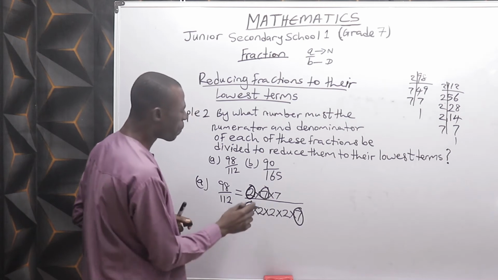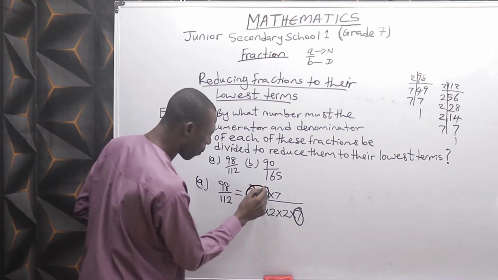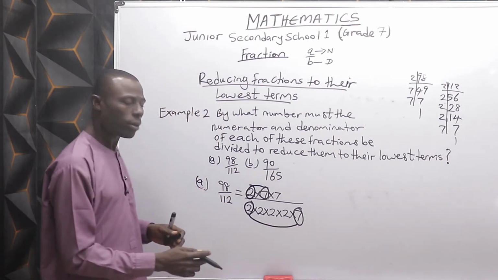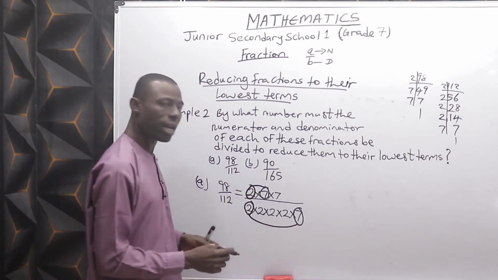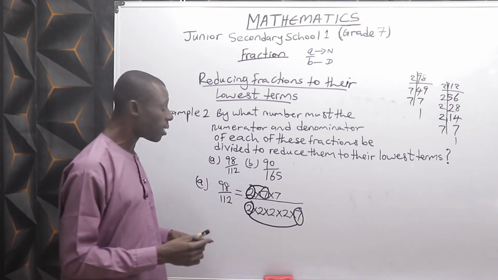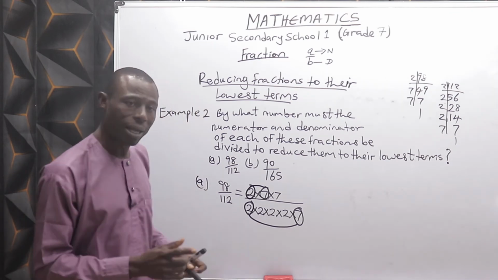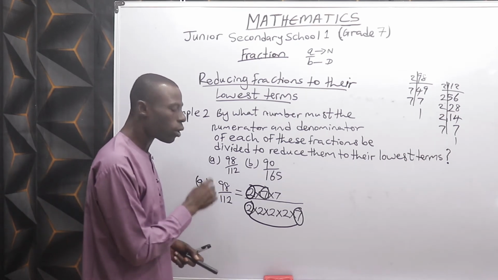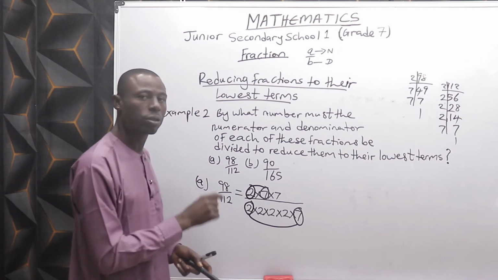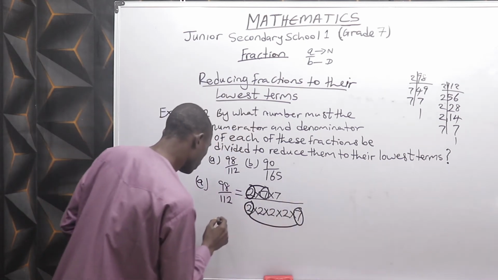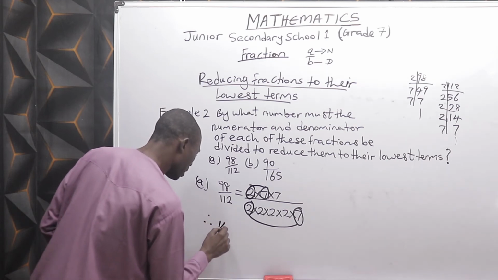That means that 2 times 7 up here and 2 times 7 down here is 14. 2 times 7 up here is 14. 2 times 7 down here is 14. That means 14 is the number that we divide 98 and 112 to reduce the fraction to its lowest term. Therefore, 14